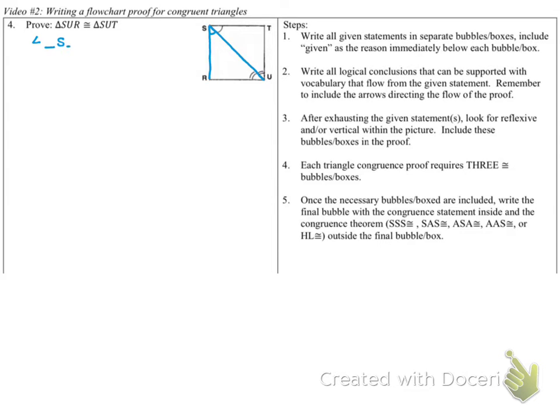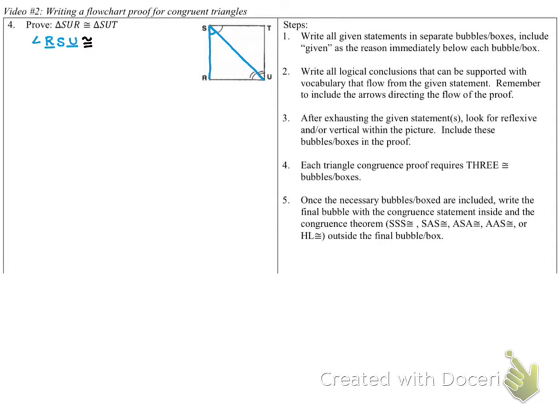I need S to be in the middle of the name. The other two, where the line segments end, R and U, are going to be the letters that surround this. So angle RSU is congruent to